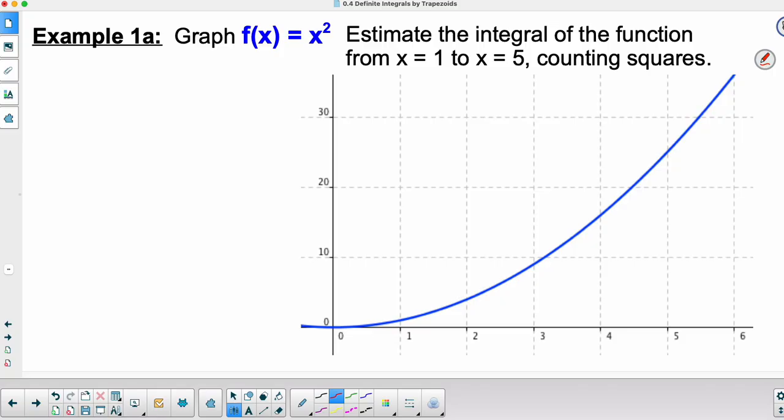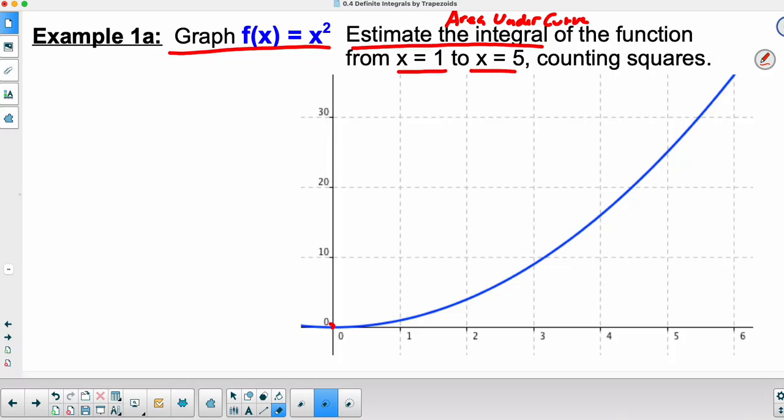But here's what I'd like you to do. I want you to graph this function, f(x) equals x squared. This is just a parabola, right? Again, I'm only looking at the right side of my parabola, x squared, starting at the origin. Again, my picture, I kind of zoomed out using GeoGebra is what I did. But here's what I want us to do. I want us to estimate the definite integral, aka what that's saying is I want us to estimate the area under the curve